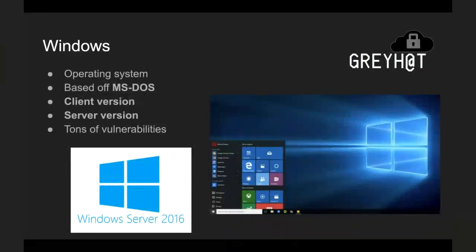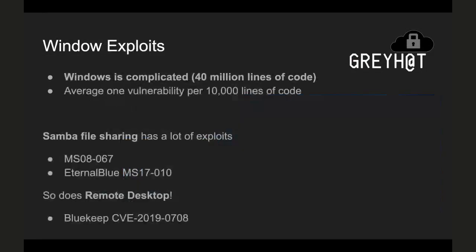But both of them are based on the same core software, which is MS-DOS. And both of them also do a lot of under-the-hood file sharing stuff in order to authenticate users. Because Windows is so complicated, and because somebody figured out the statistic that you have one vulnerability per 10,000 lines of code, you find that there's a lot of exploits in Windows because there's just so much going on. And a couple of really famous exploits that are fun to exploit are MS-0867,